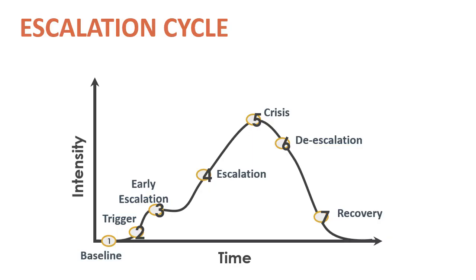So to give you an example, here is a graph, and the different stages that we look at with the escalation cycle. First is baseline, or rather, what is the person like about 80% of the time? And then there is the trigger, which is something in the environment, or it could be a feeling, a memory, a scent. So many different things can create a trigger, which then starts the activation going into early escalation,